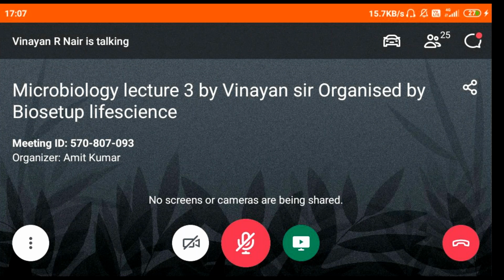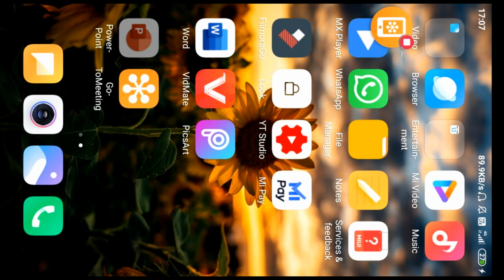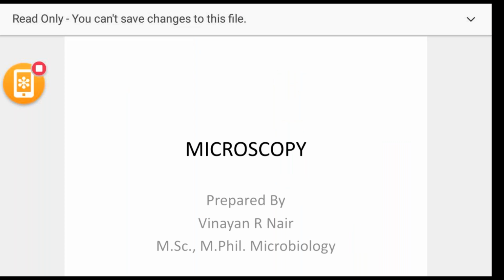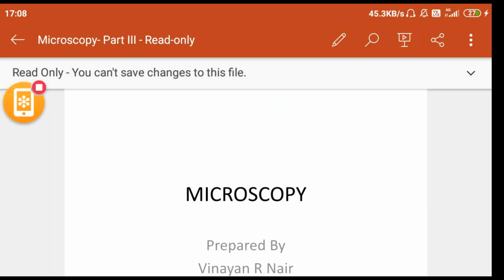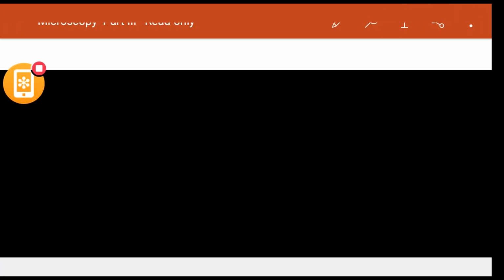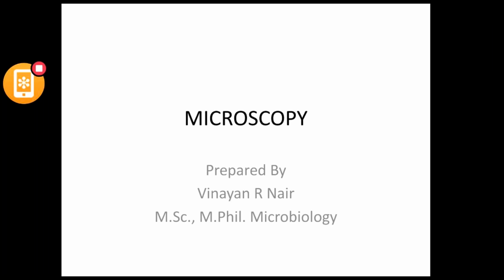Fine. So in light microscope, we are using a light source, whereas in electron microscope, a beam of electrons is used. As a result, we are getting a greater resolution and higher magnification than light microscope. That's why with light microscope, we can observe bacterial cells, whereas using electron microscope, we can observe the internal cell structures and organelles. It is because of the highest resolution and highest magnification possible by means of an electron microscope instead of a light microscope.